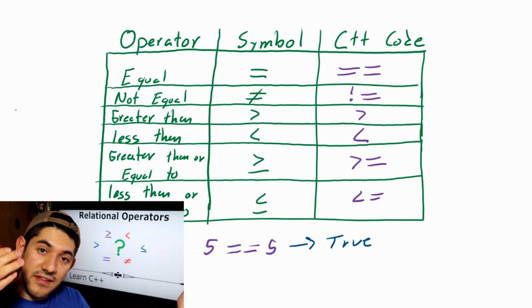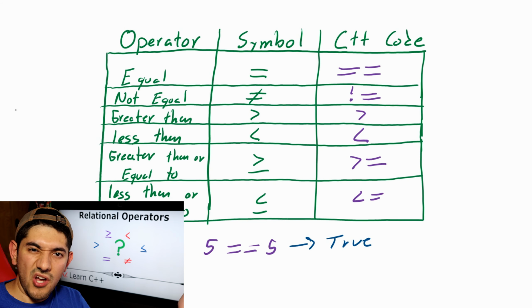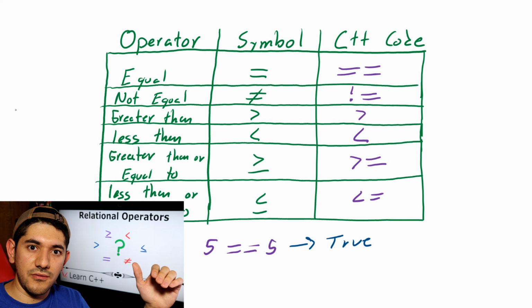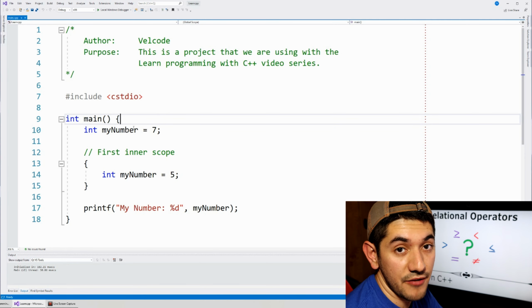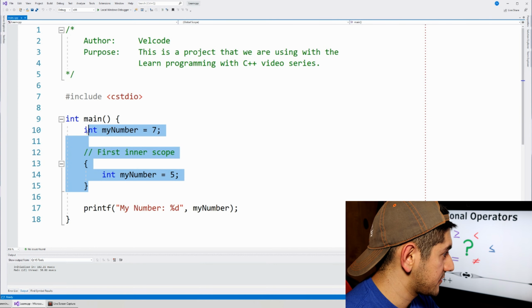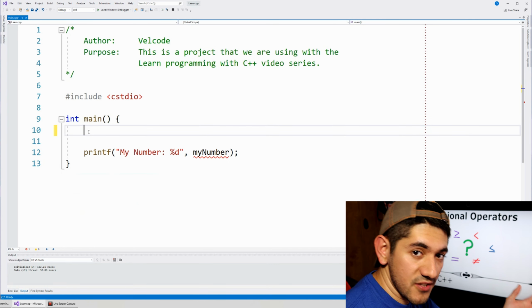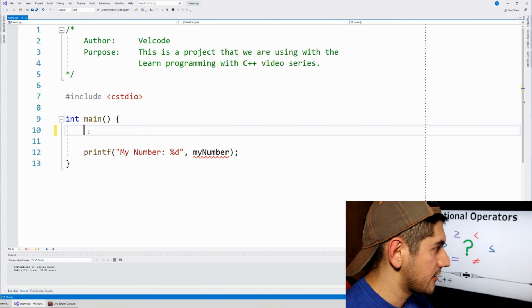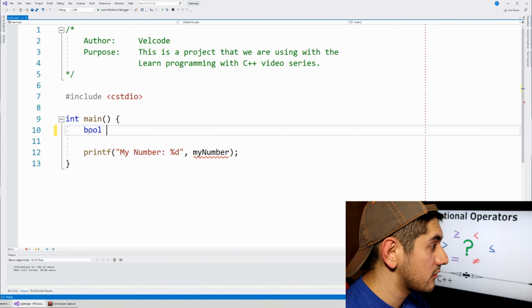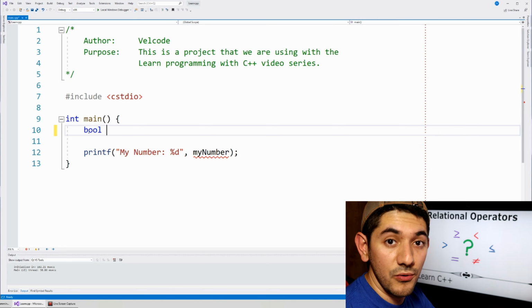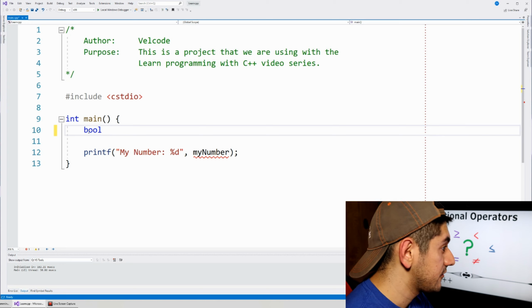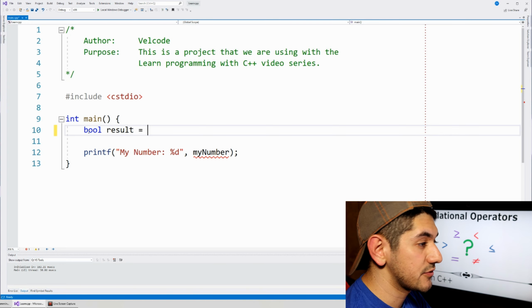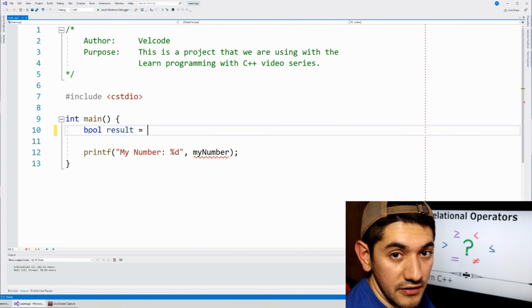So now let's go and take a look at how these are done in code so you can see it. And then I'll talk about a few things that are important to have in mind when we work with this. Here we are in the same Learn C++ project that we've always been using. So let me clean some stuff up here. And let's just write some of these relational operators so you can see how they work. So I could do something like bool, right? Because we're going to hold the result in a Boolean variable. Again, a relational operator yields a Boolean value. So in here it will be bool result is equal to, let's just say like we did on the board,